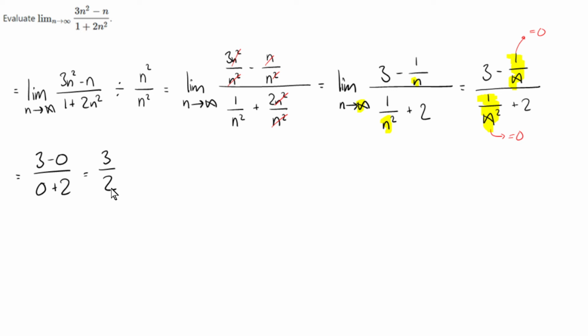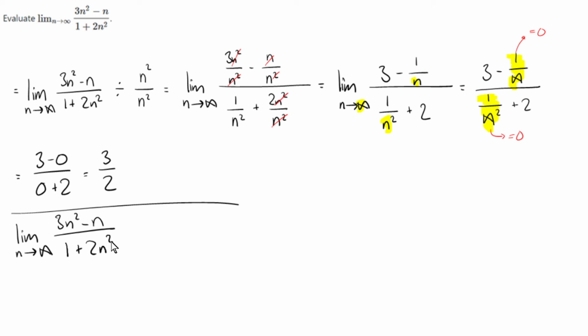This method is a bit longer. The second method I'm going to show is to eliminate any power of lower degree. Okay, and it's usually quicker. So method 2, we start with the limit as n tends to infinity of 3n squared minus n over 1 plus 2n squared. So what we're doing here is we're simply eliminating any terms that have a lower degree than